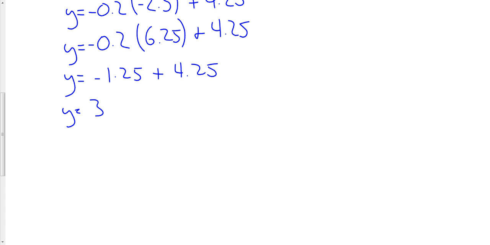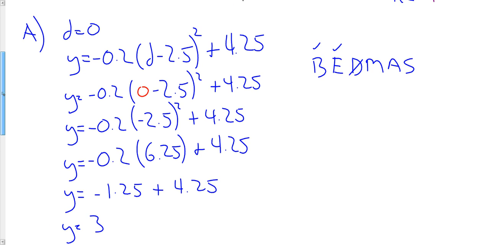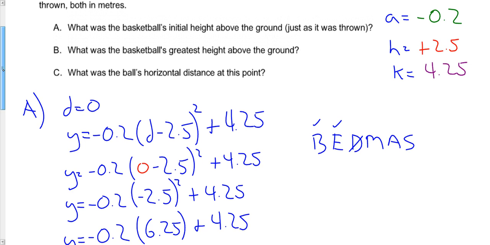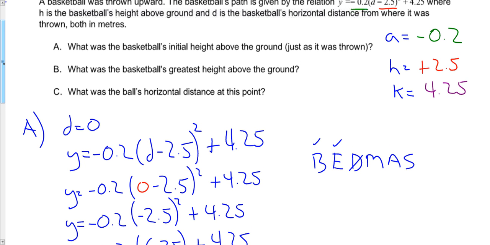meters off the ground. So the next thing that we want to take a look at, we want to examine the answer for part B. If we scroll back up and we look at the question here, it says, what was the basketball's greatest height above the ground? Greatest height is a measure of maximum height. So what this means is, what is the max height of the ball as it is thrown up into